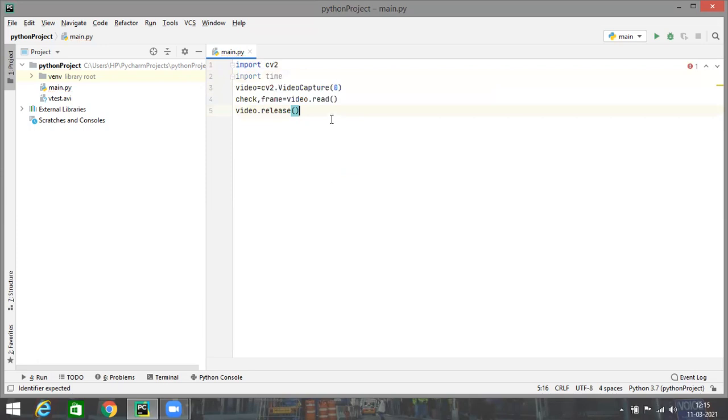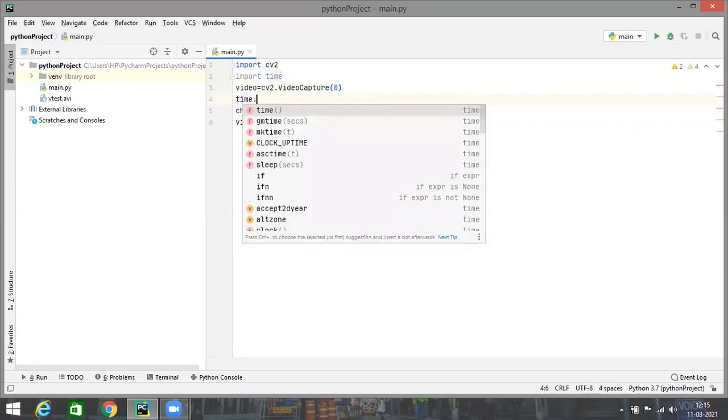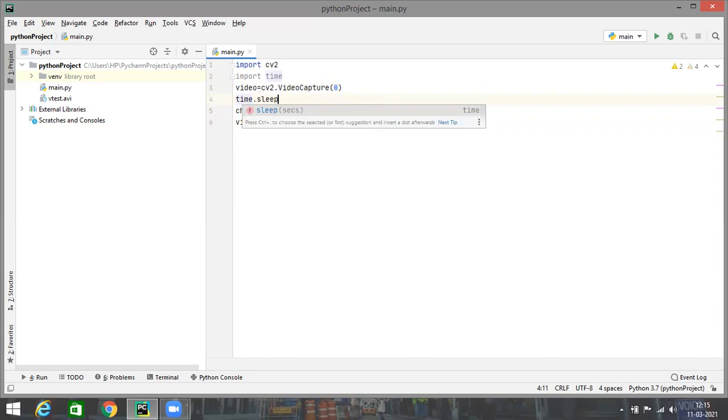We have imported the time module here, and now what we'll do is we'll invoke the sleep method here. And the sleep method, as you can see here, accepts a parameter which denotes the number of seconds. Okay, so if I invoke this with 5, it means that as soon as the webcam is on, it will stay on for 5 seconds.